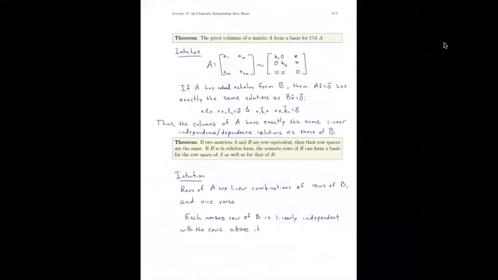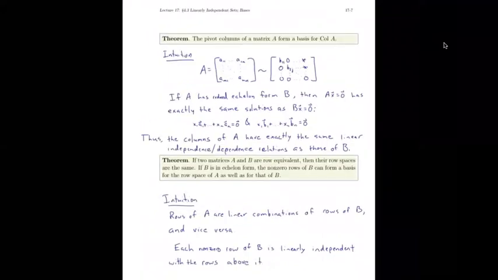There is a nice or reasonable proof to this in the textbook. Here's just a bit of intuition for it. If we have a matrix A of this form, and then it's row equivalent to something in reduced echelon form that looks like this, well, we know the following. We know that for this column,